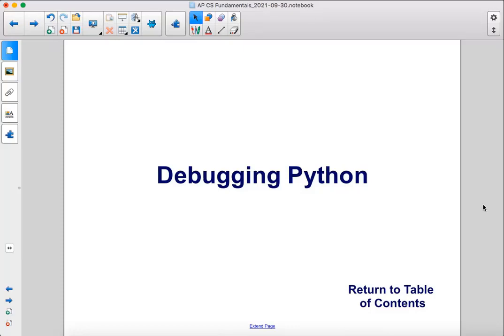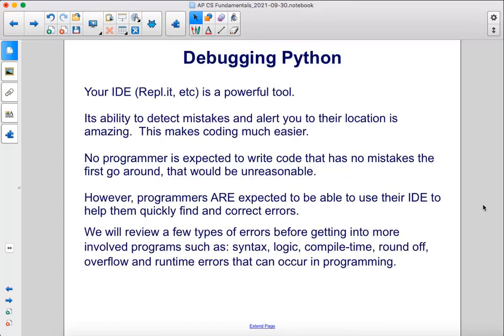Debugging Python. Your IDE is a powerful tool. Its ability to detect mistakes and alert you to their location is amazing. This makes coding much easier. No programmer is expected to write code that has no mistakes the first go-around. That would be unreasonable. However, programmers are expected to be able to use their IDE to help them quickly find